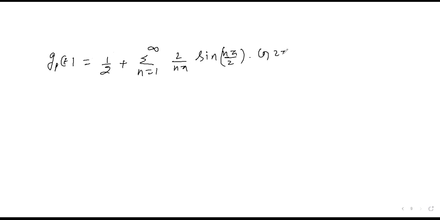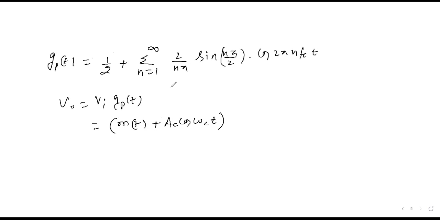So g(t) can be written here: 1/2 plus summation running from n equal to 1 to infinity 2 by n pi sine n pi by 2 into cos of 2 pi n fc t. So v naught equal to what? Vi into g(t). So this is m of t plus Ac cos of omega ct into g(t). So g(t) can be written here 1/2 plus 2 by pi, n का वैल्यू 1 रखिए, 2 by pi cos of 2 pi fc t minus 2/3 pi